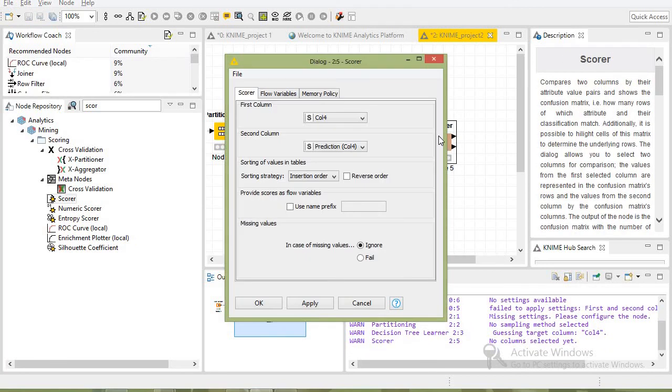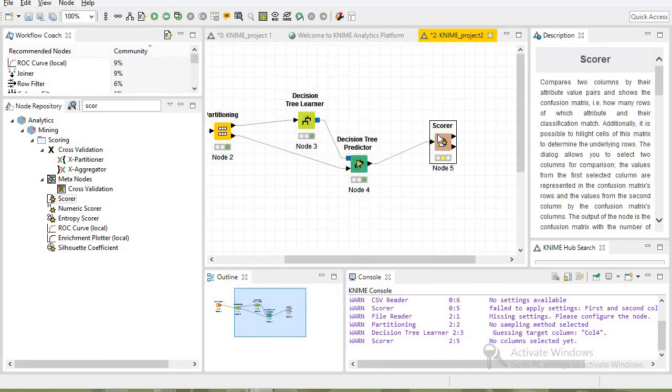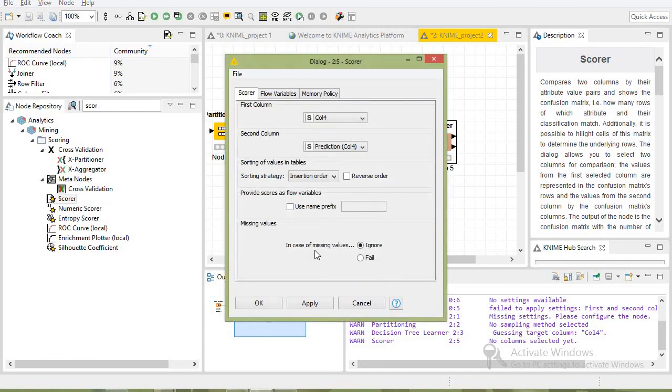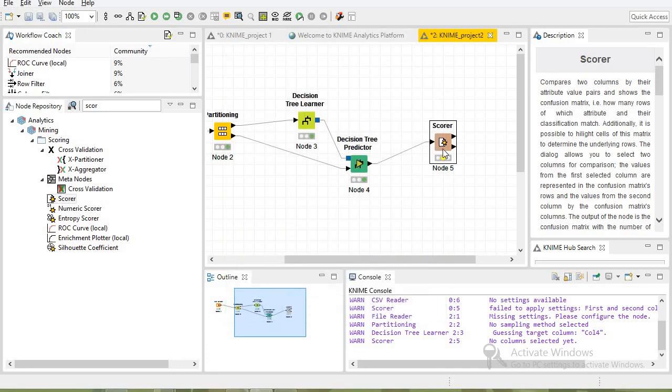We check the configuration of the scorer. We need to calculate column 4 and the prediction of 4. So column 4 is used and prediction of 4 is used. Here there is one thing: in case of missing values we can ignore them, or fail. If I take fail and something is missing, the program won't work. If I ignore it, it works easily.